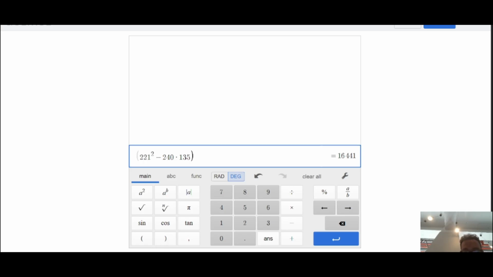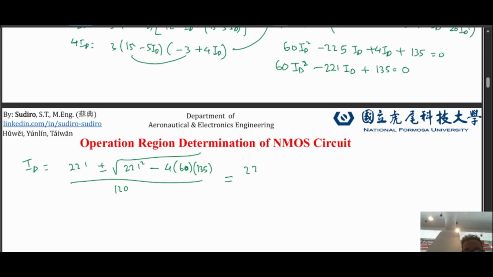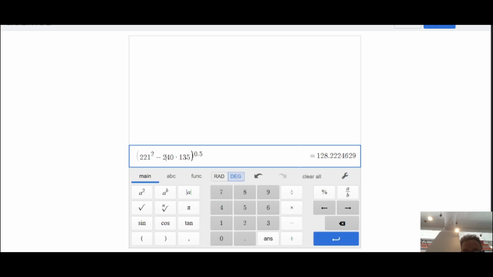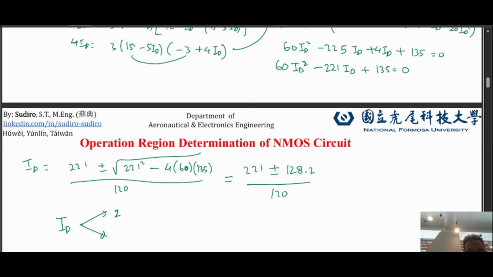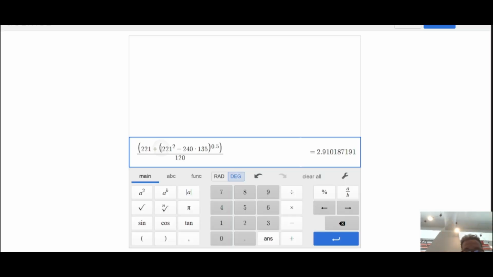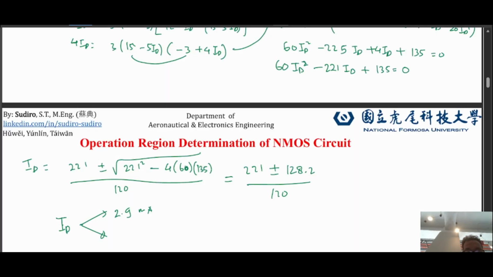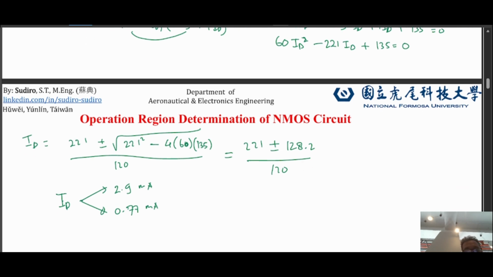So ID can be (221 plus the square root) over 120, which is 2.9 milliampere, and the second one, in the negative, is 0.77 milliampere. So from this one we can check